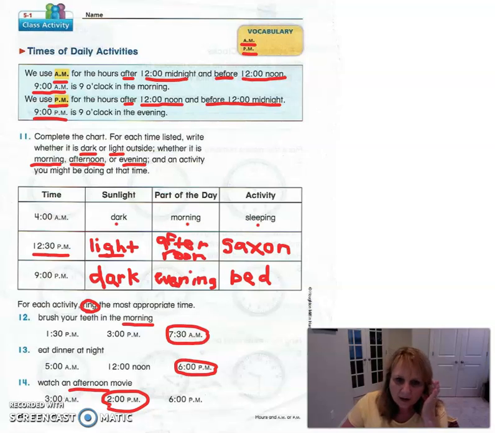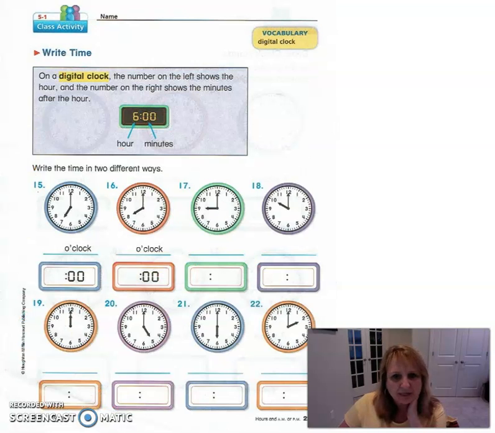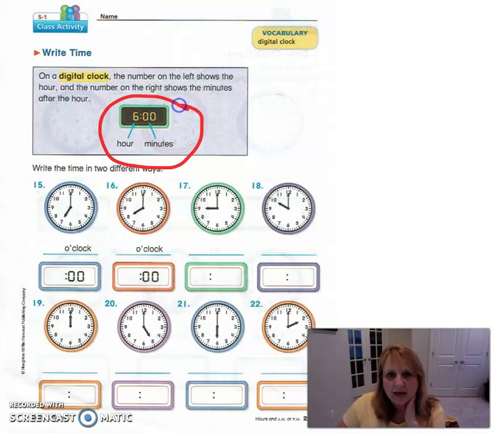Okay, we are going to go on and do the next 2 pages. I'm going to do some of it with you, and then I want you to finish it at home, just like if it were homework. So please go to the next page, and our vocabulary word is digital clock. This is what a digital clock looks like. Now, do you think it's easier to tell time on a digital